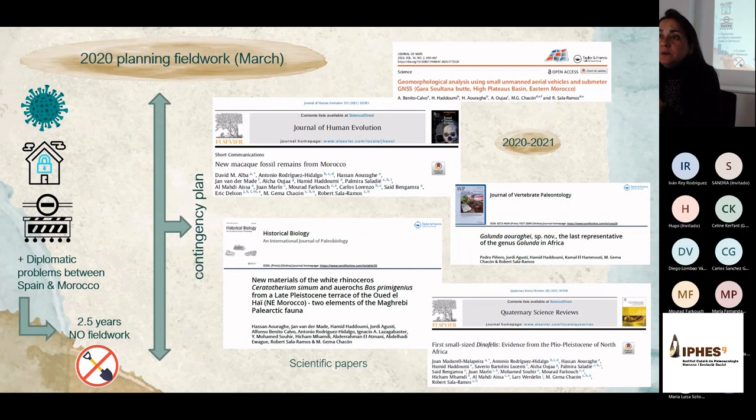So now we should try to publish all the things that are almost ready, and finally we know all very well, you live, and so these were the 5 papers that we did during this period. As you can see, with a lot of colleagues, and it was focalized especially in the cartography of the area,